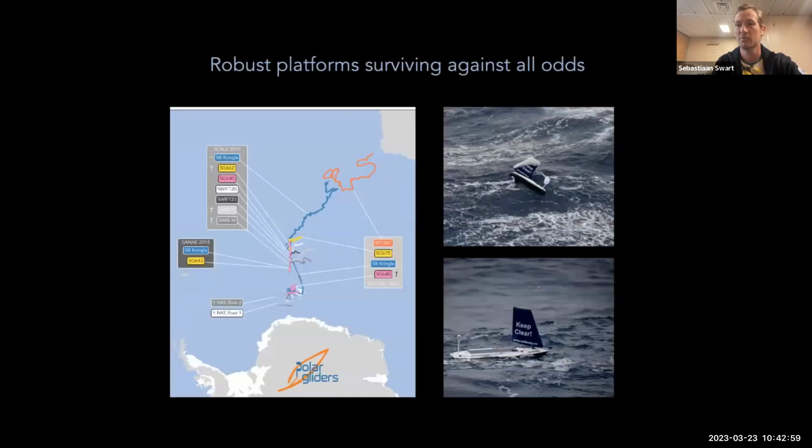These robust platforms survive against all odds. And this is one of our first sail buoys called Kringla. And it has been through the most incredible adventures. It's had leaks in the middle of the South Atlantic Ocean. And then we've had to sail it back all the way from the ice edge at around 60 degrees south, all the way to Cape Town, and make it hit a beach so that we can recover it off the